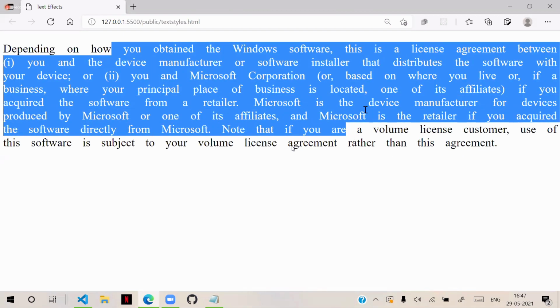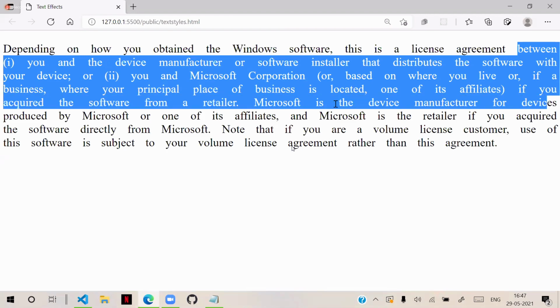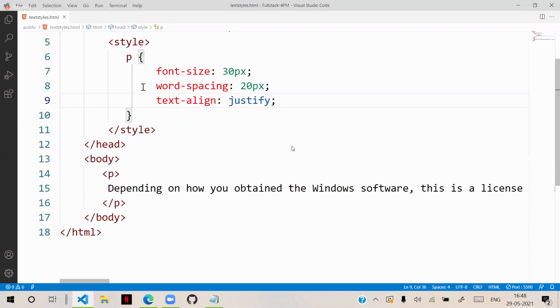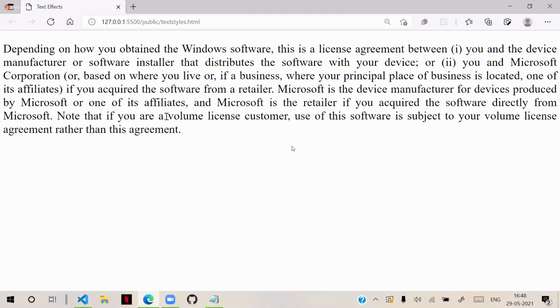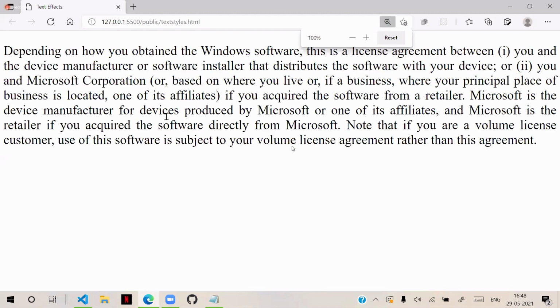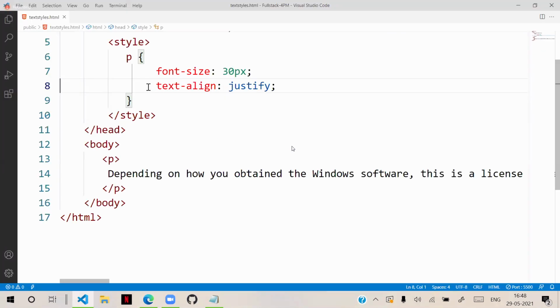That looks not good, because to adjust the right side margin, so much space has been taken. Even if you don't give word spacing, you can see that. That's okay. But sometimes a lot of space is taken to justify your content. That is the reason justify is not good every time. Then what you can do is we can give word break.